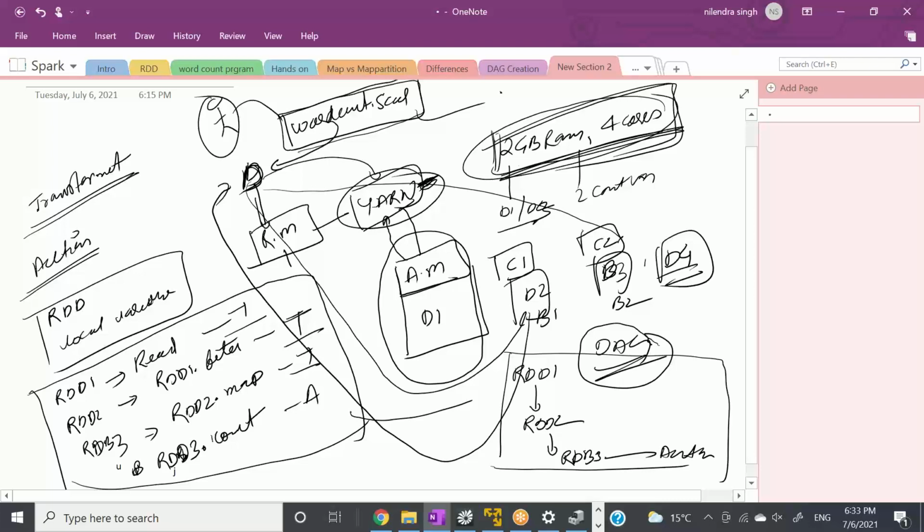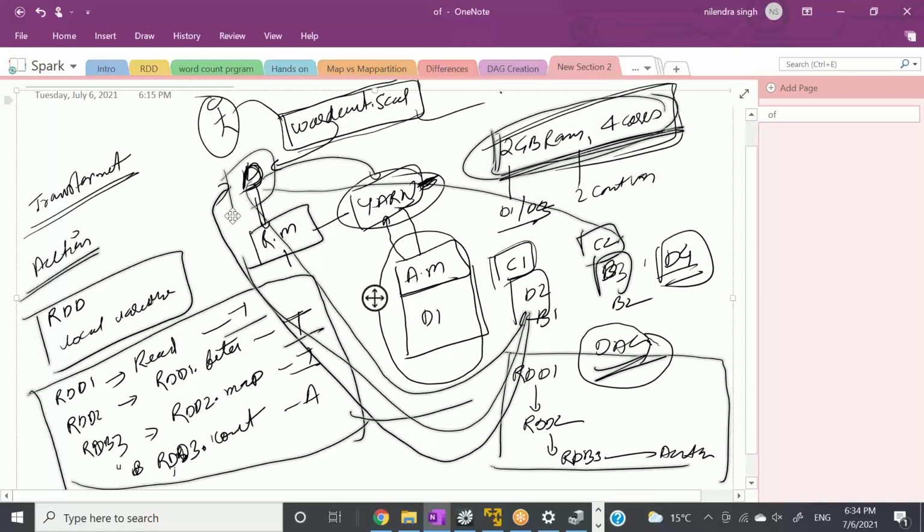and then we need to give the result back to the driver, right? So the driver will talk to Yarn, which will create an application master for you. Application master will create containers on your behalf. Containers will have executors running in them. Those executors will be supplied with your DAGs, which will be the copy of your code. And then these containers or executors will talk directly to the driver. They never talk to Yarn, they never talk to the application master, they never talk to anyone. They will directly communicate with the driver.